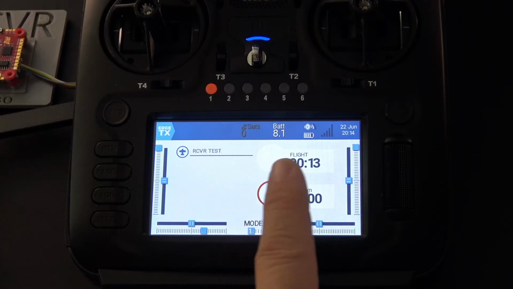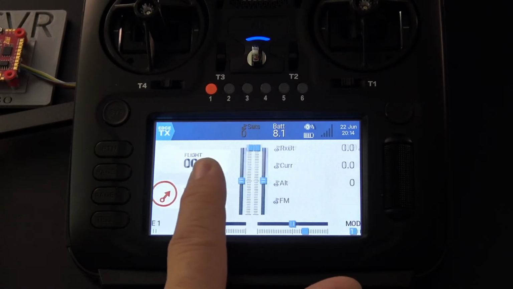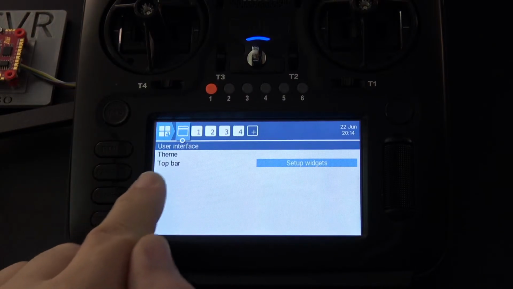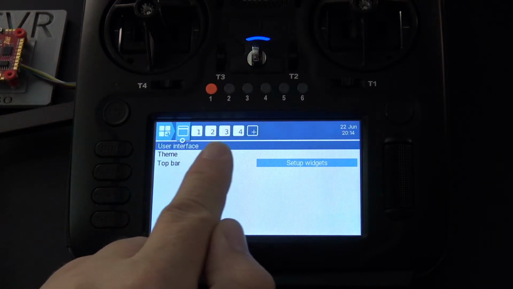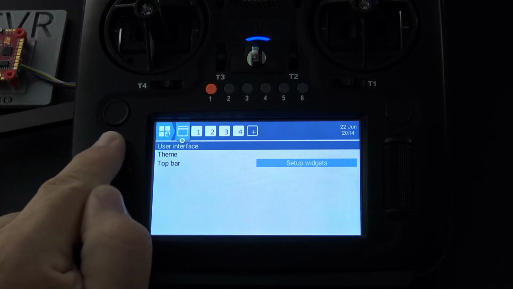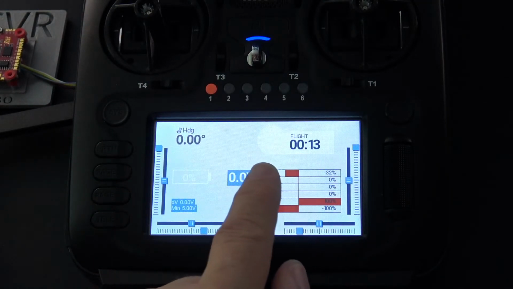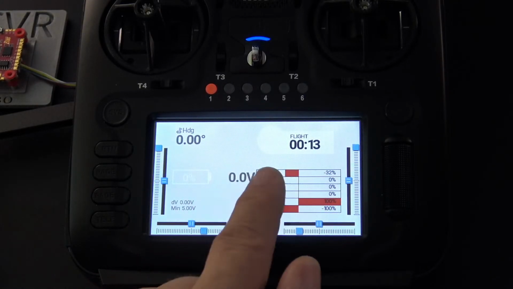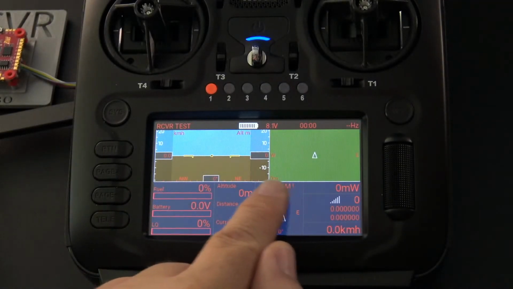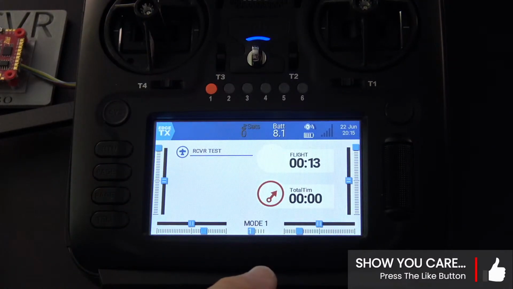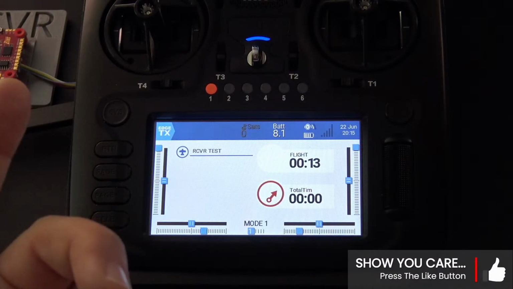I want to show you this really cool little trick if you haven't seen this before. Think about your cell phone, right? You know how in the telemetry button you can set up these pages? You remember that on OpenTx. Well, on EdgeTx, you can swipe amongst those screens. Now that's a goofy looking screen. I'll cover that in just a minute, but isn't that cool? You can just swipe back and forth on these screens. I didn't know that the first time I laid hands on this. I think that's very cool.